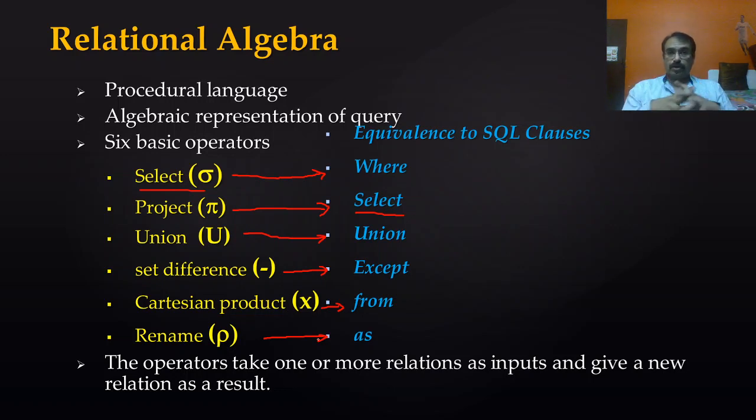Join is the extension of these operations, and it plays a very important role when combining more than one relation comes into picture. So this is very important, that we are going to see later, that is the join operation. Okay, join.